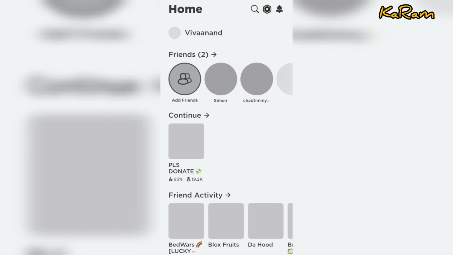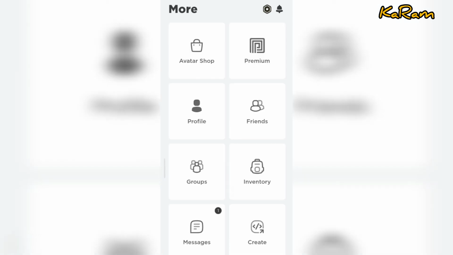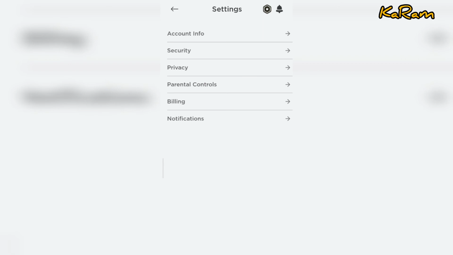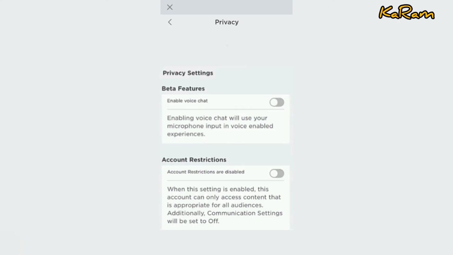And again, guys, we have to go to settings of Roblox. Now go to the three dots again, go to settings again. Now once you verify your age, just click on this privacy option,